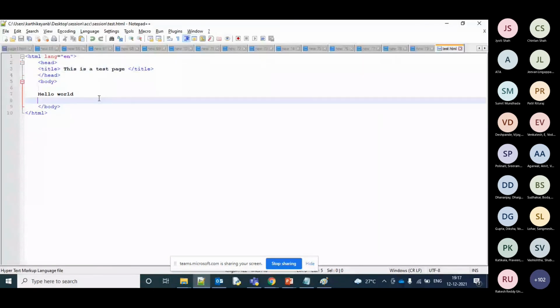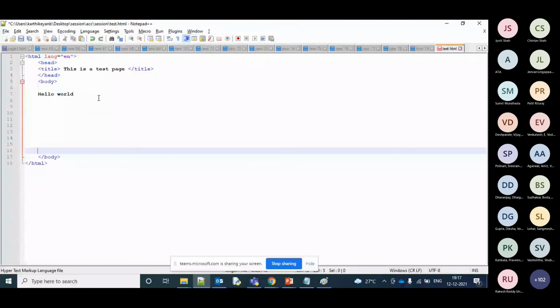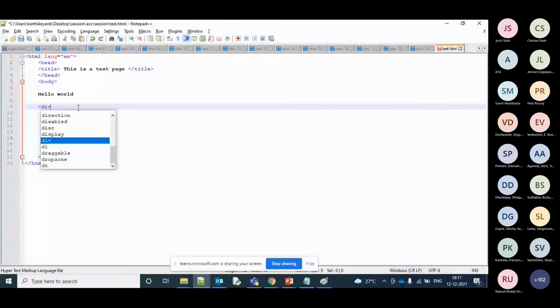Now let's try to add a menu here. Let's start with the menu. If you want, you can code with me, or feel free to ask me to pause, and I'll be happy to wait. I'm creating a div section, and let me create a container. This is going to be my menu.